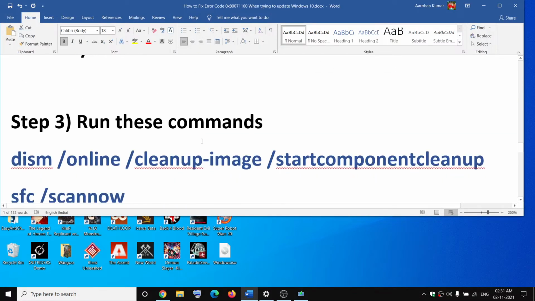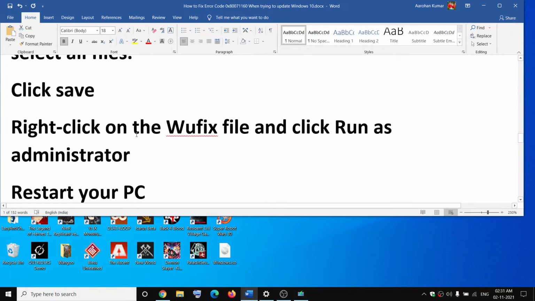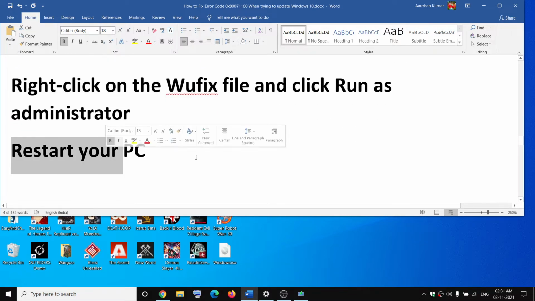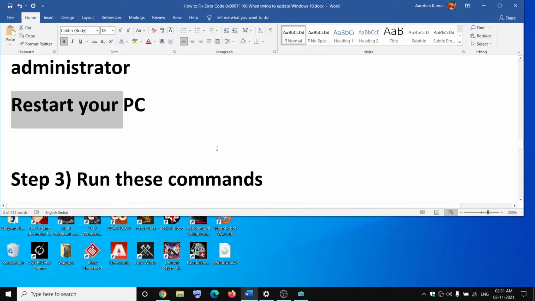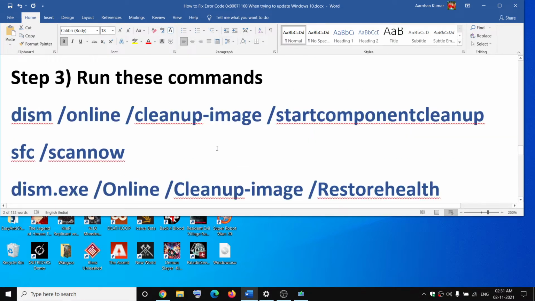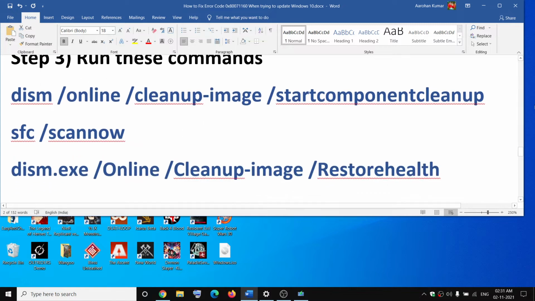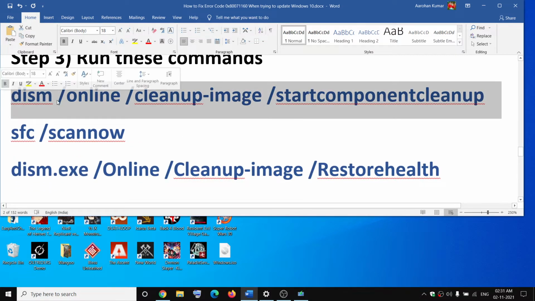Now the next step is after this you have to go ahead and restart your computer actually. So once the command prompt window is closed, restart your computer and then try to update your Windows 10. Now the next step is to run this command. These commands are provided in the video description. So copy the first command,